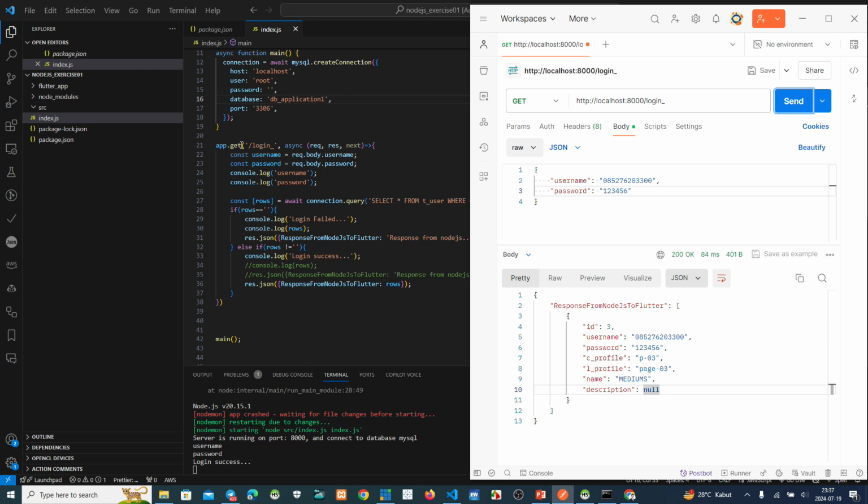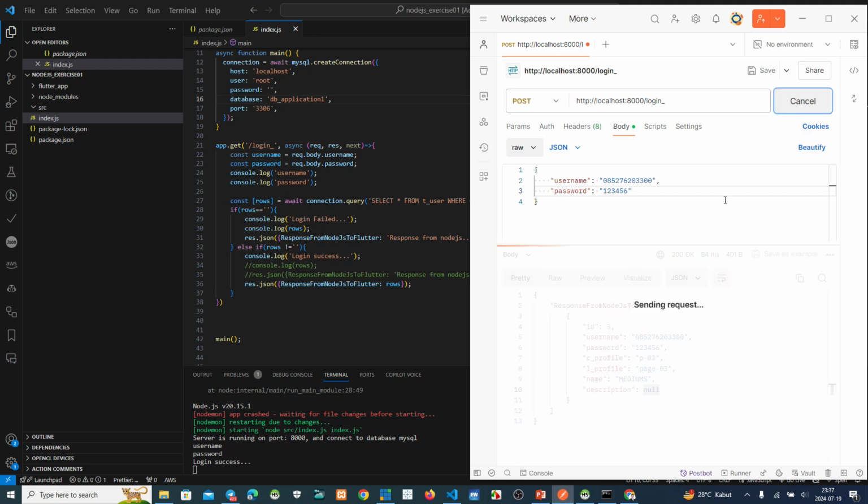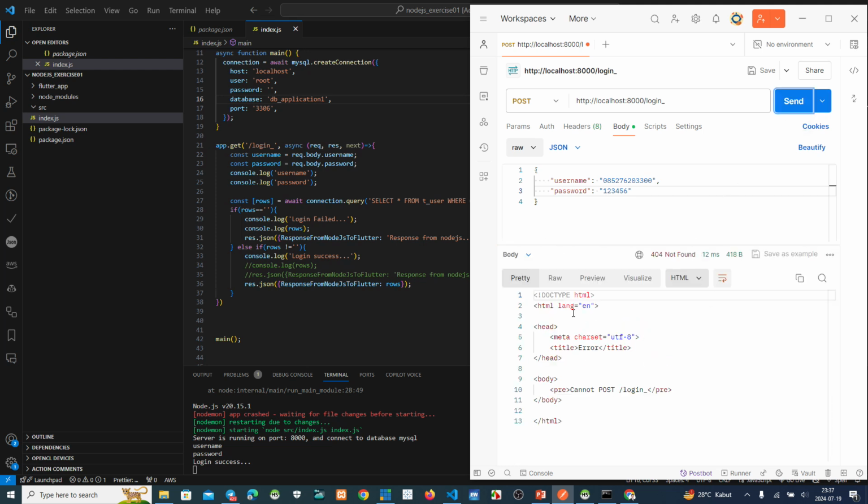If you put get here on the backend, but on the front end you use post here, what is the result? The result must be wrong. Send this one. Nah, the error is because the method on the back end is different from the method on the front end.